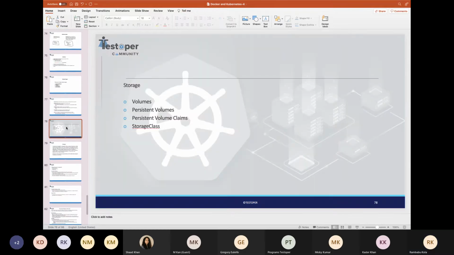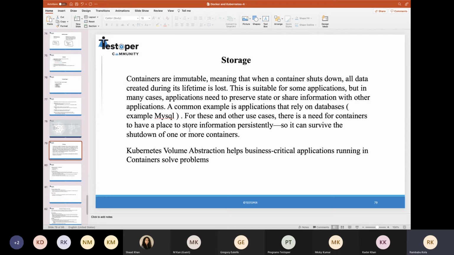And coming to the volumes. Same as in Docker, Kubernetes also has storage, because containers are immutable. Whenever the pod shuts down, all the data is lost. If we are running a database, for example a MySQL database, without any mapped volume, and you don't save the data in any external storage, then once the pod crashes or shuts down, all the data is deleted.